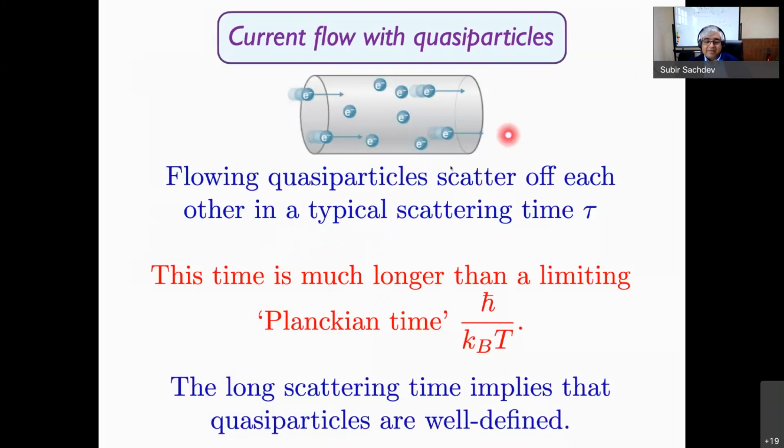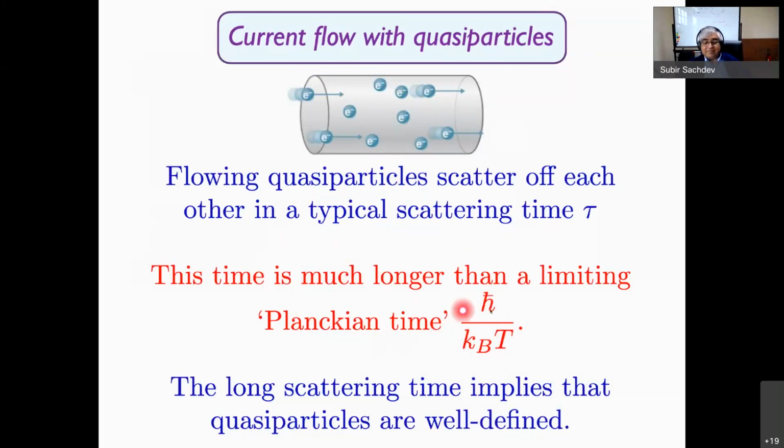So in an ordinary metal, the reason they're quasi-particles is because their scattering time is quite long. And if you ask how long is it, long compared to what? Then you quickly see that there's a natural time, which is just set by the temperature, which is h bar over kT, which is now referred to as the Planckian time because it only involves Planck's constant and the absolute temperature. In any system with quasi-particles, the scattering time or the lifetime of a quasi-particle has to be bigger than